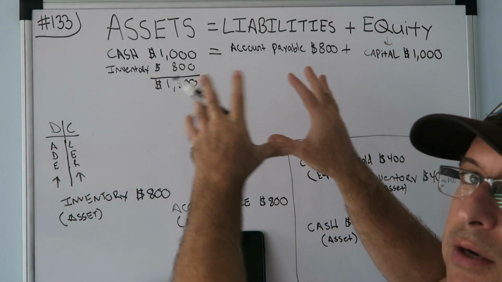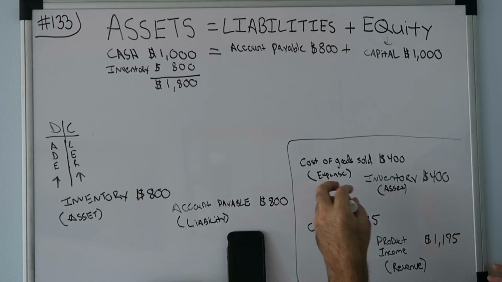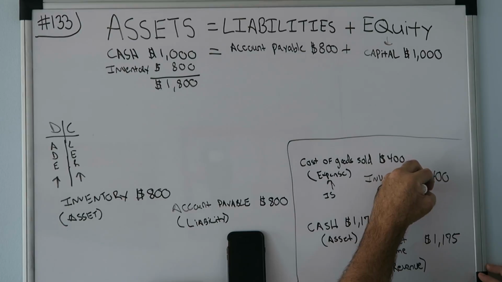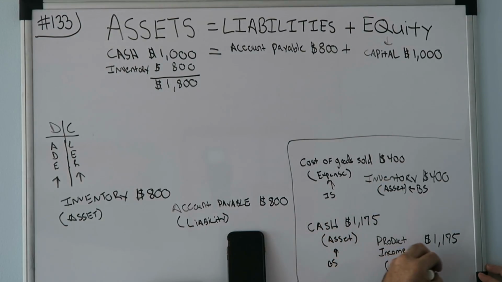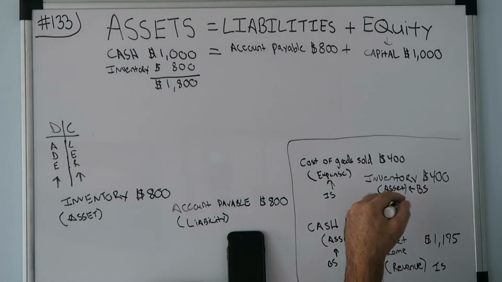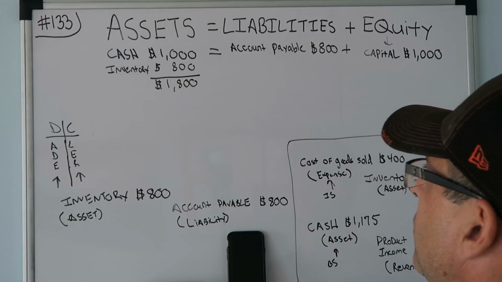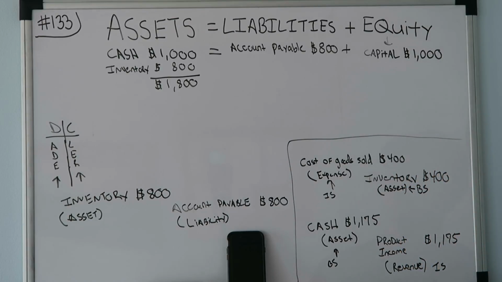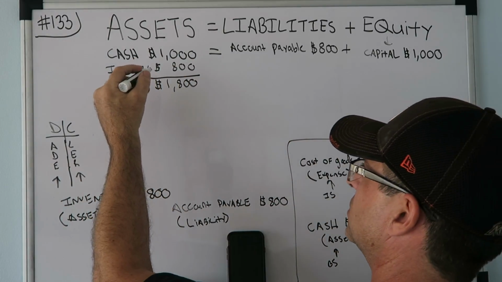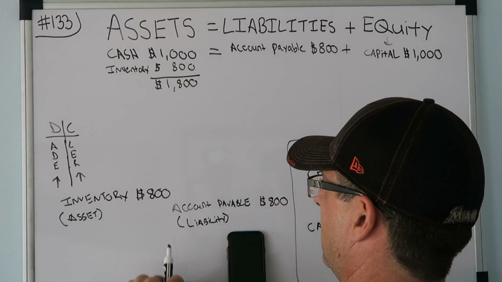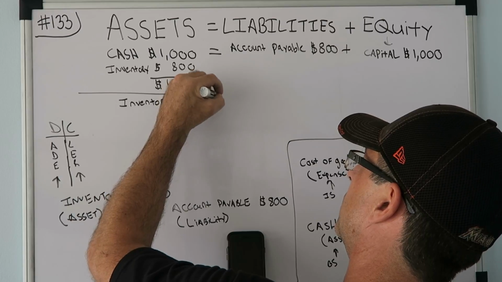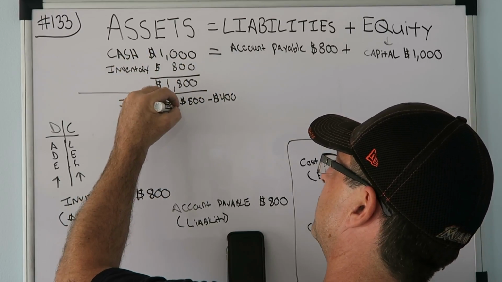Let's go with our balance sheet accounts here. Now this is an income statement, and expense is an income statement. This is a balance sheet, this is a balance sheet, and this is an income statement, because the income statement is revenue minus expenses. Let's work on inventory of 400. We have minus 400 of inventory, because we sold inventory, so we had 800. Now inventory was 800 minus 400 because we sold half of it. Now we have inventory of